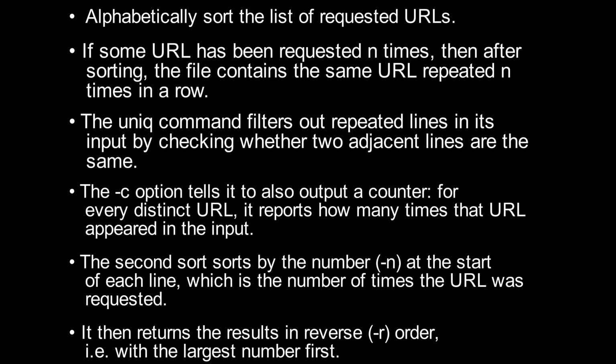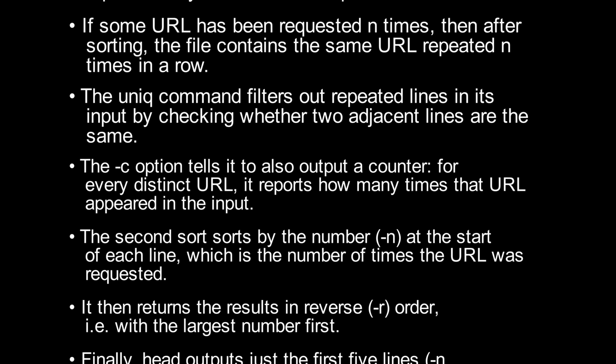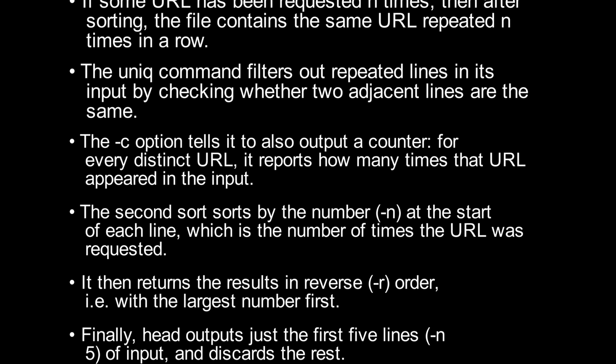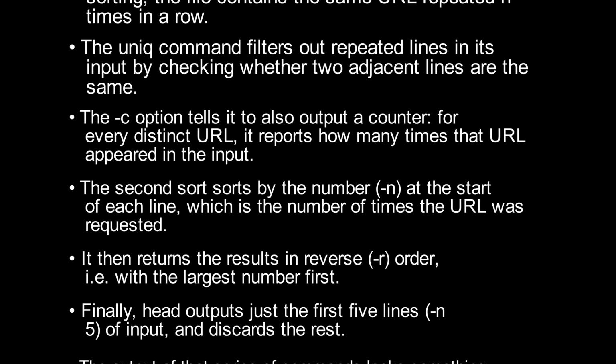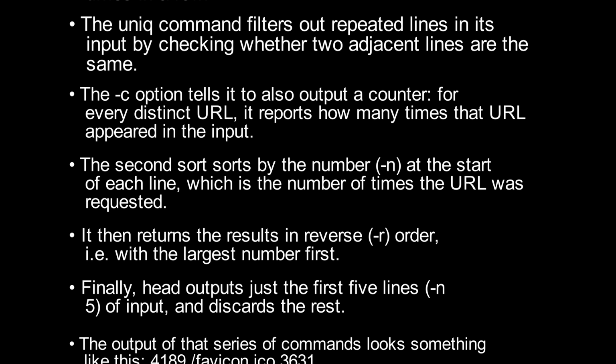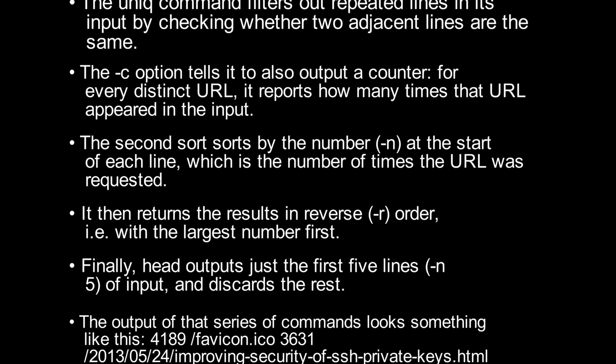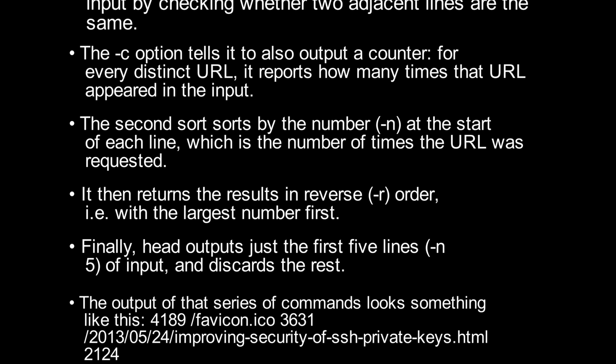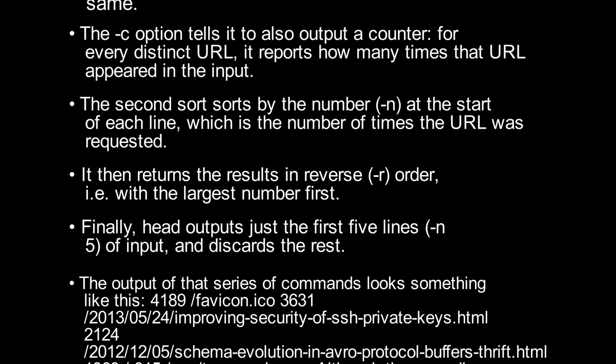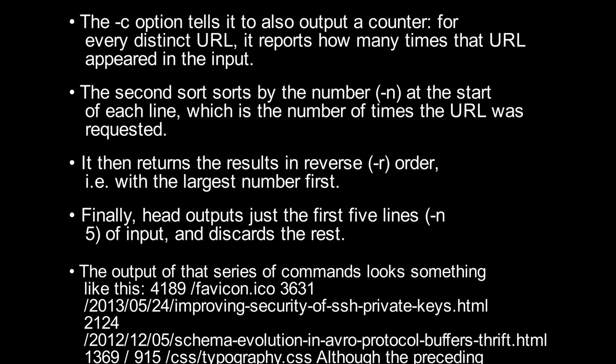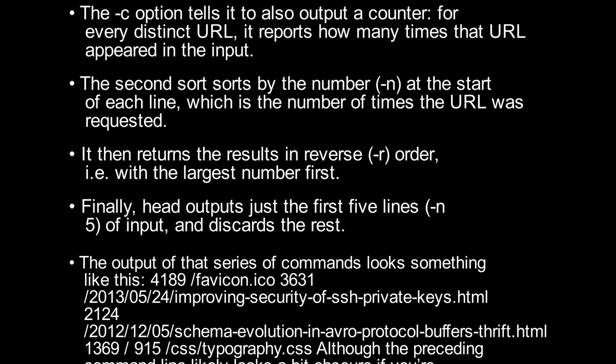The second sort sorts by the number n at the start of each line, which is the number of times the URL was requested. It then returns the results in reverse (-r) order, i.e. with the largest number first. Finally, head -n 5 outputs just the first 5 lines of input, and discards the rest. The output of that series of commands looks something like this: